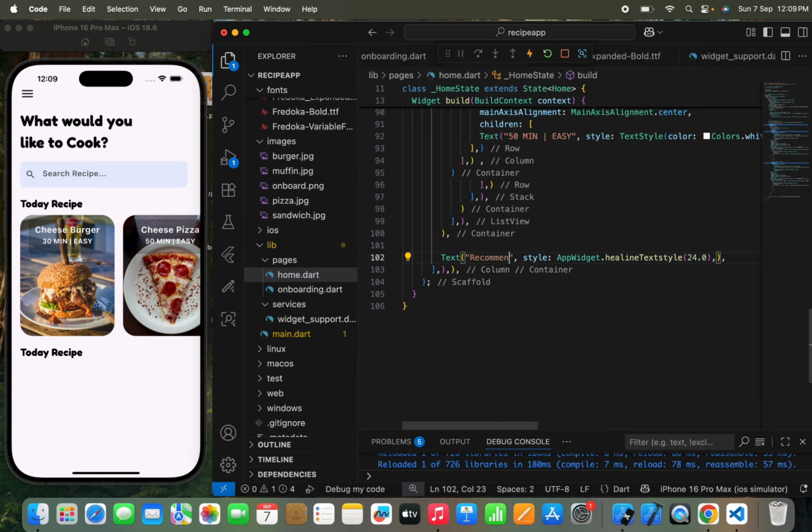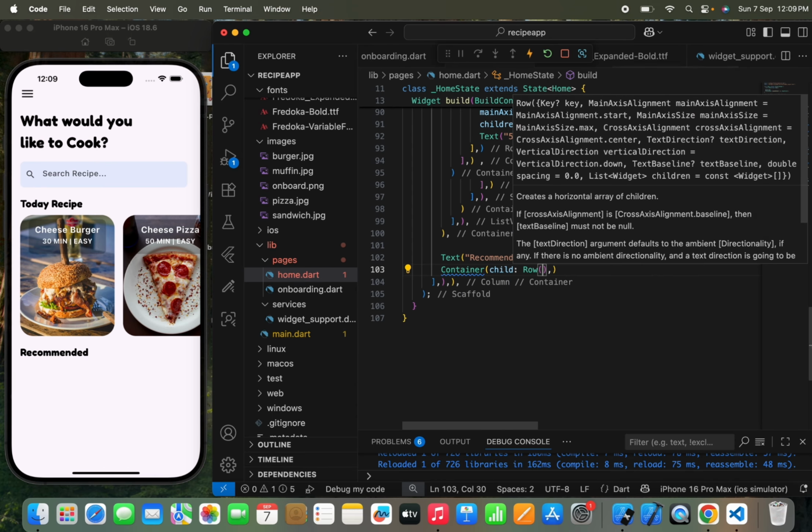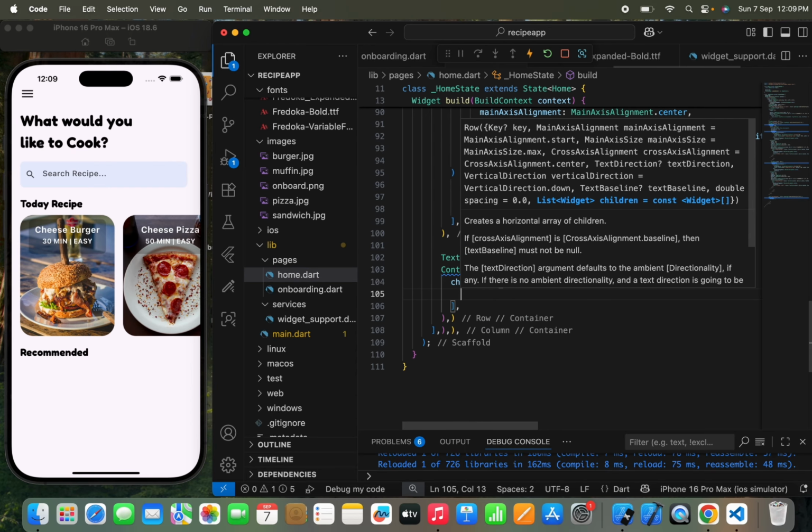I hope that spelling is correct. It is. Yeah, now once we have passed this, I just need to show the recommended recipes right over here. So what I'm going to do is that first I'm going to create a container. In the container I just need to pass a child, row, children, and then I need to just pass